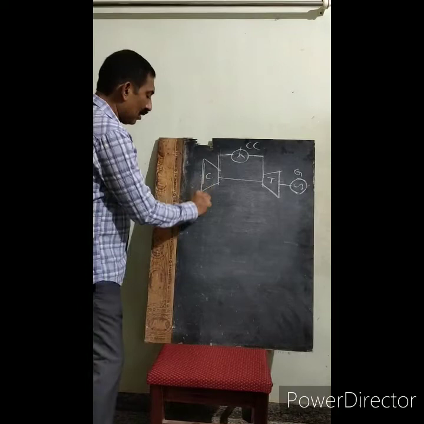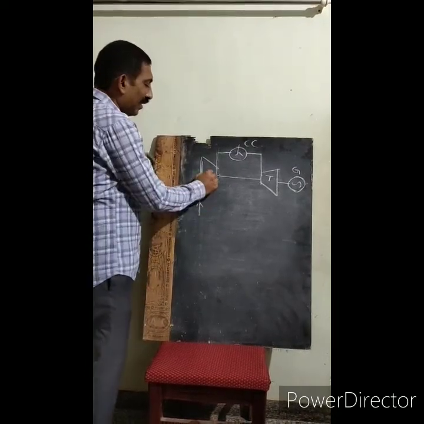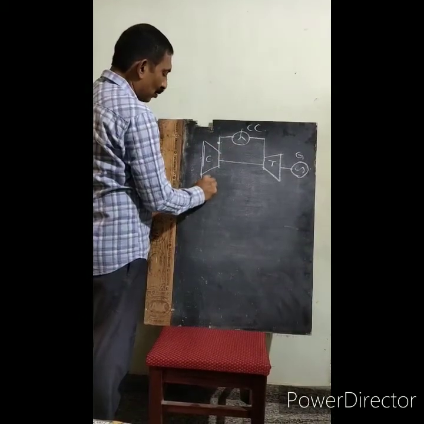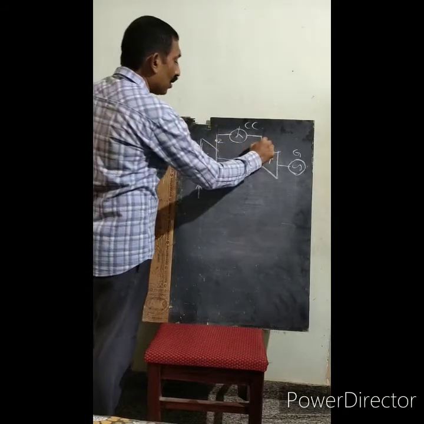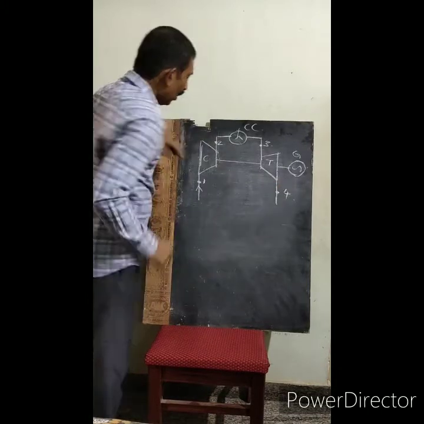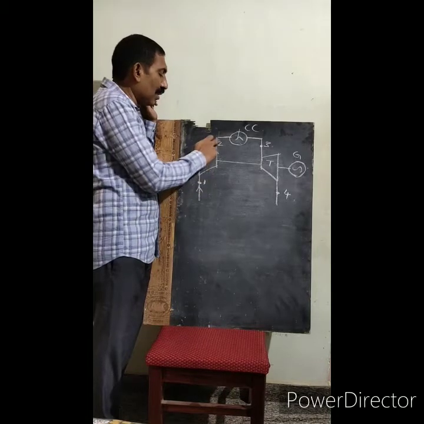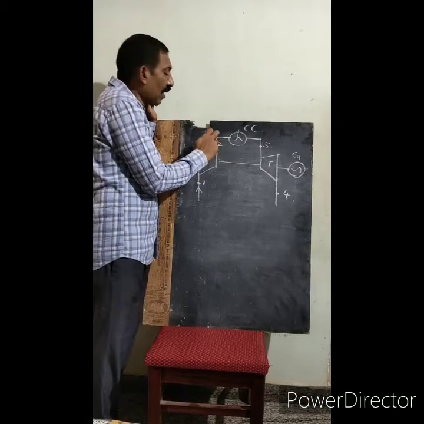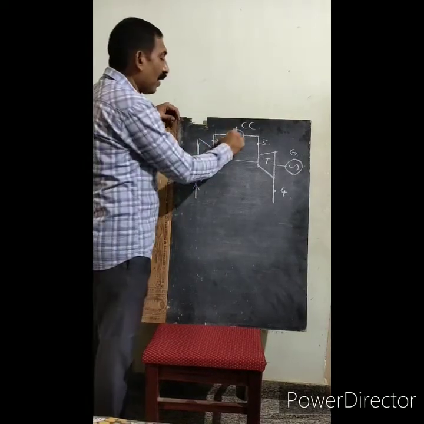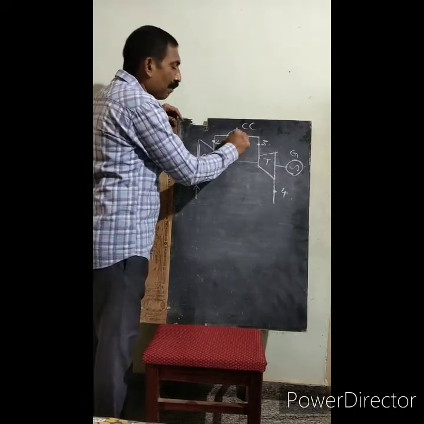The compressor sucks the air from the atmosphere at low pressure and compresses it to high pressure. So this is point 1, this is point 2, this is point 3 and this is point 4. The air is compressed in the compressor from the pressure P1, which is the low pressure, to the high pressure P2. At high pressure, the air goes to the combustion chamber, where the fuel is added and combustion takes place at constant pressure.